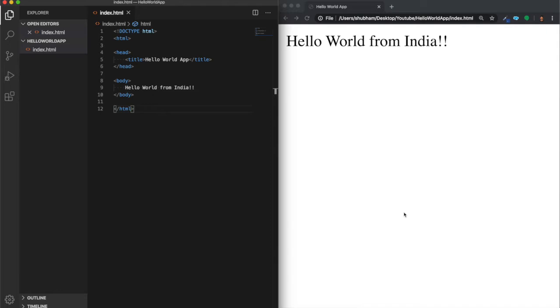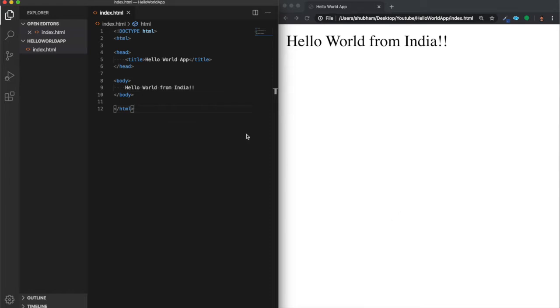Hello guys, so we are back for the new topic. Now we have understood HTML, how to write the basic HTML syntax in our code. So now let's learn more about the tags in HTML, what kind of tags are available. This session is about some tags like the break tag, the paragraph tag, heading tags, and unordered and ordered list tags. Okay, so let's get started with the break tag.